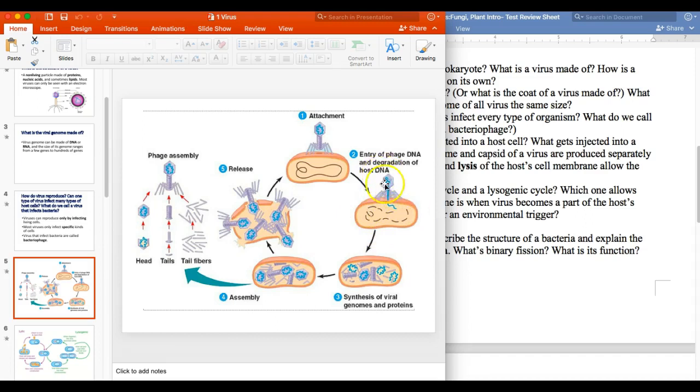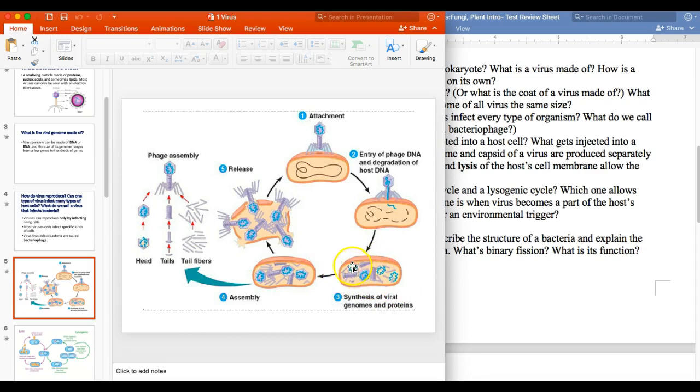So it inserts the genetic material into the host genome, and because the host has the nucleus and ribosomes and all that in order to make more DNA and more proteins,